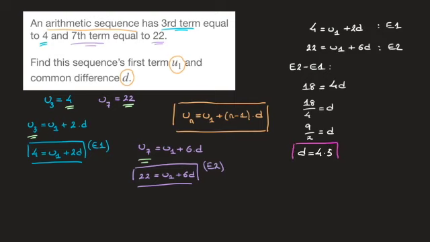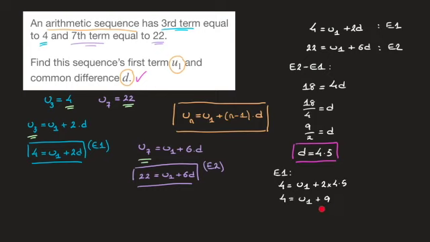There we go. We now know the common difference d, which is one of the unknowns found. Now, to find the first term, u sub 1, we could use either one of the two equations we have here, and all we have to do is replace d by the result we just found. Now, I'll go ahead and use E1, and copying the equation I have here but replacing d by 4.5, that becomes 4 equals u sub 1 plus 2 times 4.5. That's 4 equals u sub 1 plus 9.